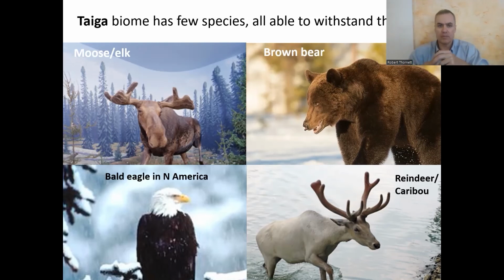So just as we said that the taiga has a low plant diversity, it also has a low diversity of animals too. The animals that do live there have to be able to withstand the cold. Often there's bigger animals like these brown bear and the elk, and reindeer and elk can eat lichens and things like that, little short vegetations.